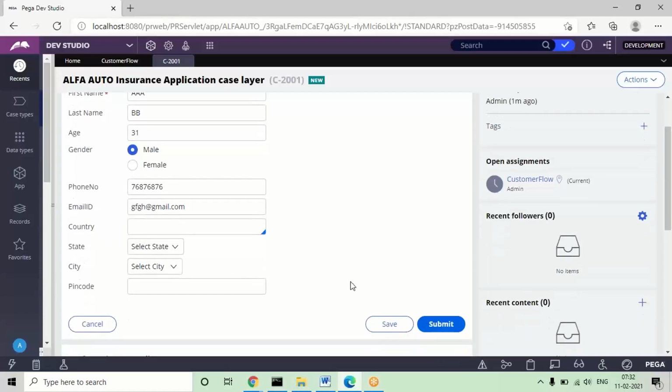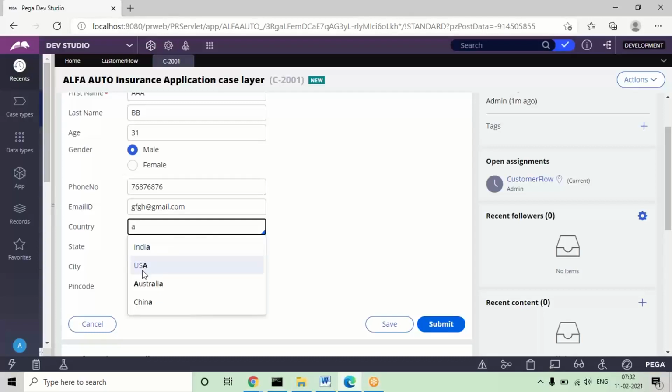If I submit this data, for the dropdown, whatever static records were given during property creation will show in the dropdown. And this is autocomplete. With autocomplete, if you type any one character, any relevant records for that character will be populated.